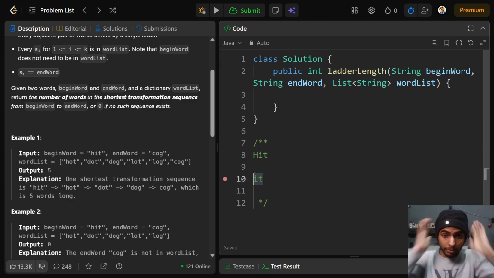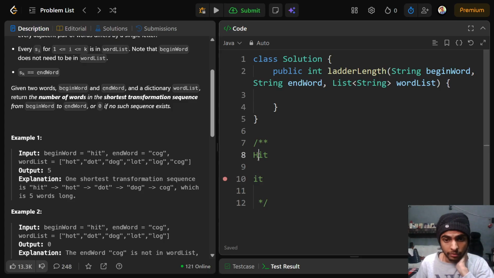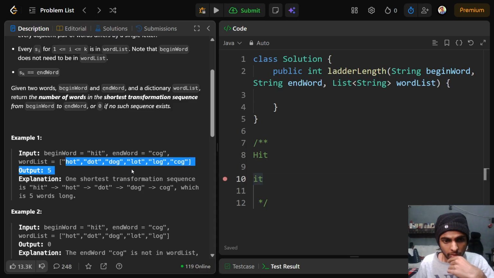If we keep changing the first letter, the H, with every alphabet, then we would not find a match in the word list,